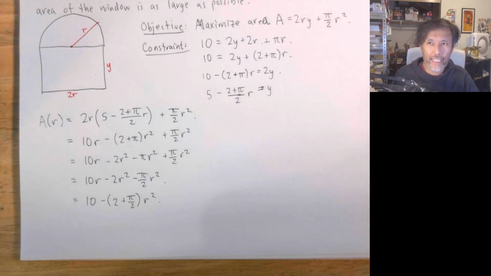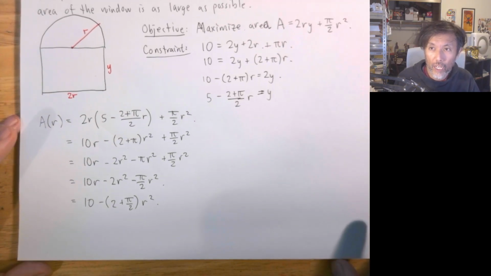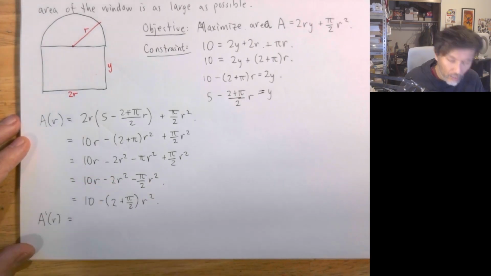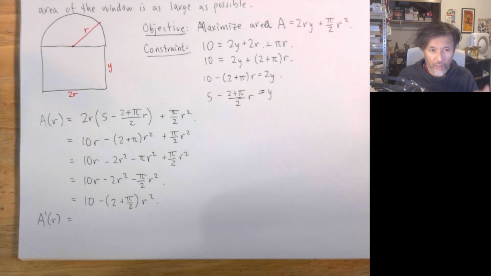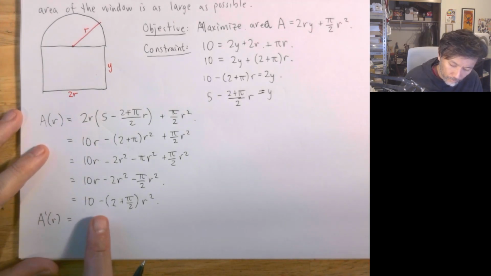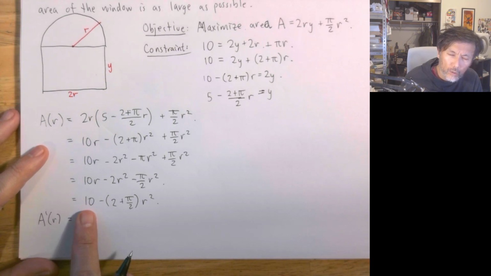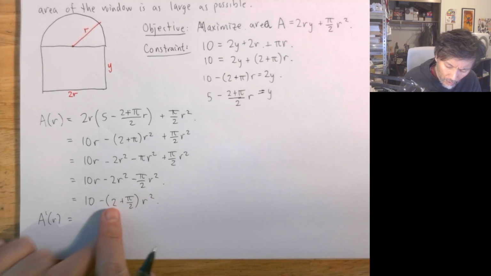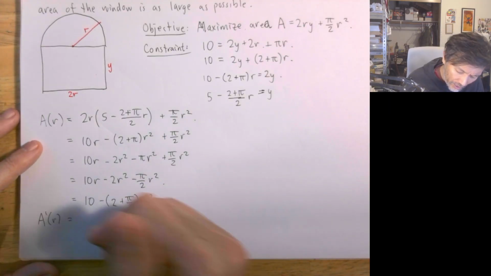Okay, so that's A. Next, we're on the hunt for critical points. So we're going to take A prime. Critical points of A, therefore, we take the derivative of A. 10 dies. This 2 comes out front by the power rule, so we get